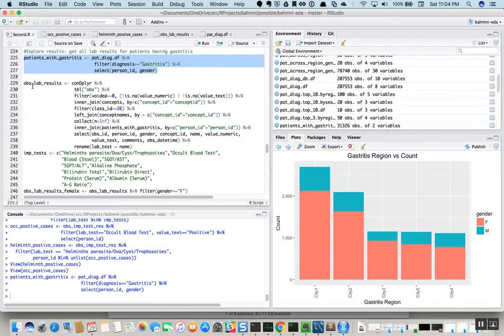Then we will go to the observation table and try to fetch all the concepts having class of 26 and combine them with the patients having gastritis by doing an inner join on the person ID, getting the value numeric and value text where the lab results are stored, or the comments column where the lab results might be stored. Once we execute this, it would fetch all the lab results for patients who have suffered from